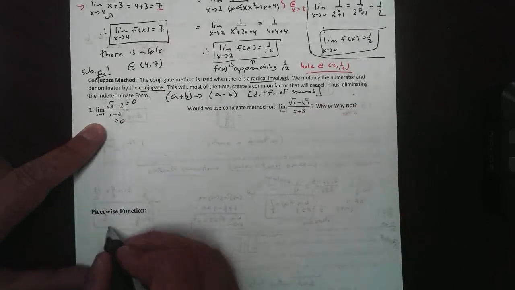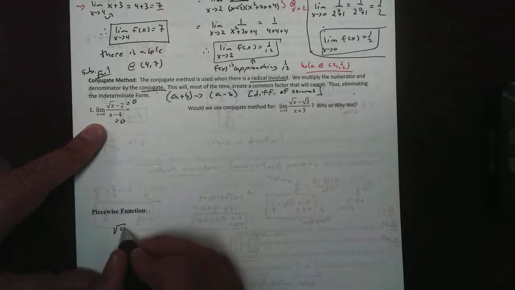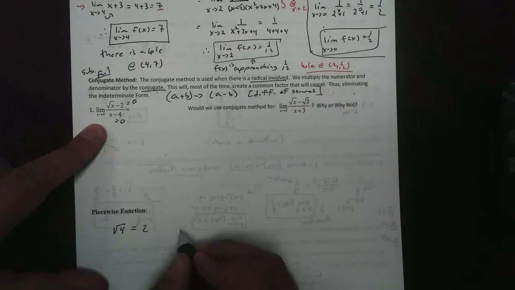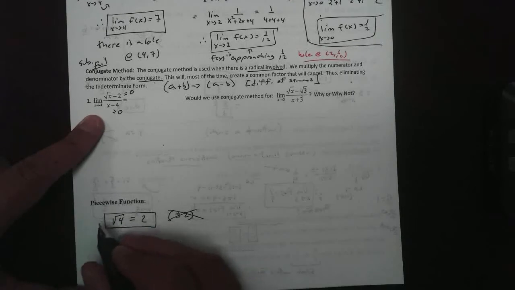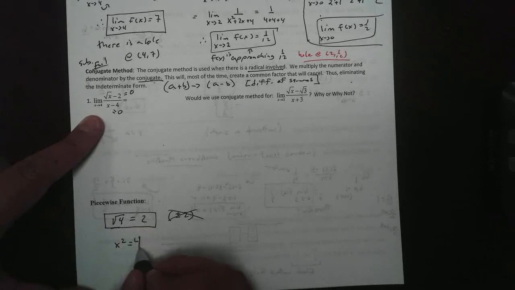Be very careful. I want to tell you guys something. The square root of 4 is 2. The square root of 4 is not plus or minus 2. That is not true. The square root of 4 is always a positive 2. Be very careful. The plus or minus comes from when you take a square root, like if I solve here. If I square root, we get,